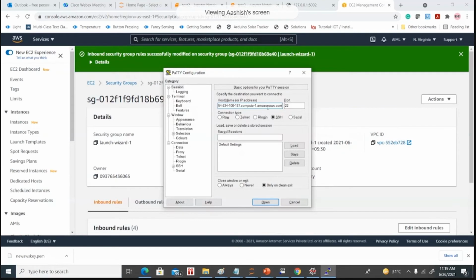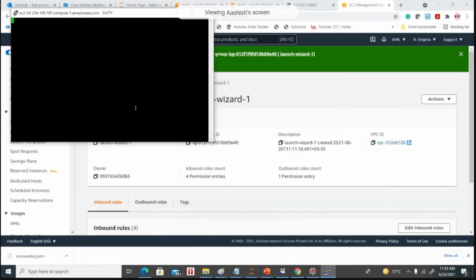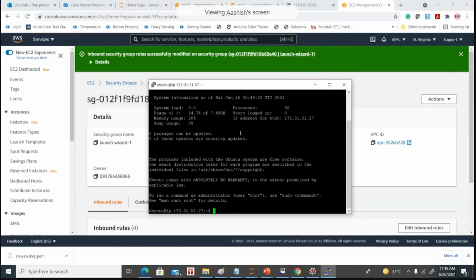We'll use this new key to connect. Maybe last time there was some issue, so we'll use this new key to connect with this VM, and let's see here.